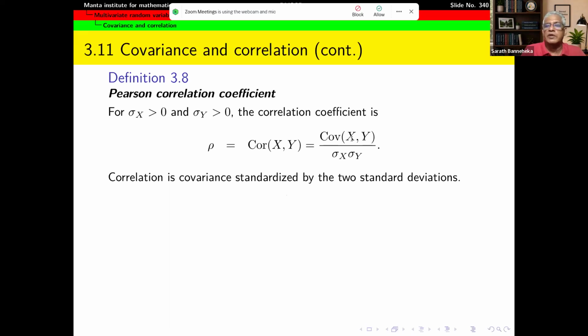For example, if x is in meters and y is in kilograms, this will be meter kilogram. And sigma x will be in meters and sigma y will be in kilograms, so the units will cancel out, right? So that is a good thing. Rho will not have a unit, therefore we call it a unit free quantity, a unit free measure,